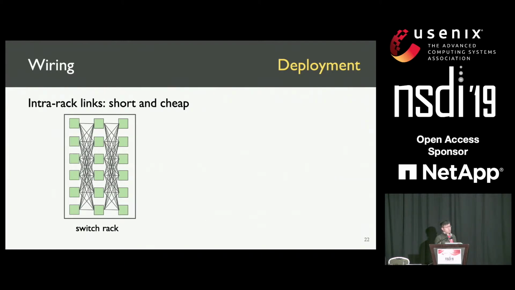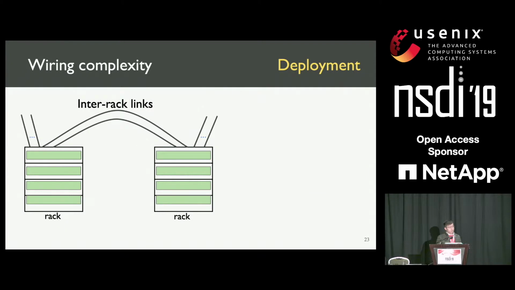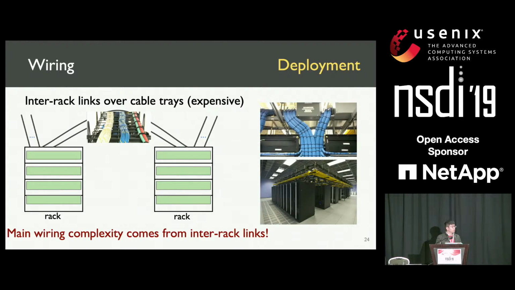If the connected switches are within the same rack, we can use short and cheap cables to connect them. However, if the connected switches are in different racks and are far from each other on the data center floor, we need to use inter-rack links. Those links are routed over cable trays above the data center racks. And the main wiring complexity comes from those